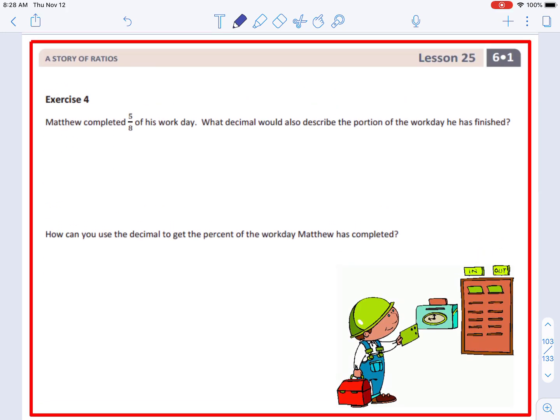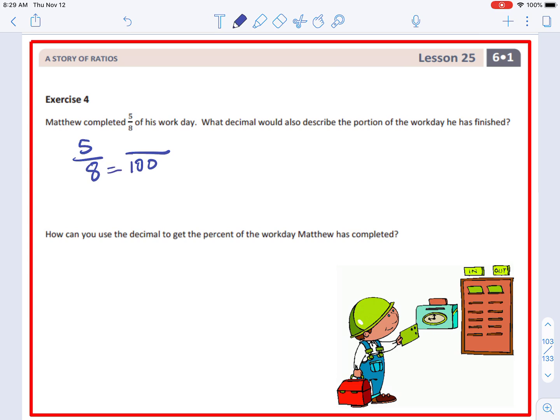So this problem is a little tricky, so please follow along and pay attention. Matthew completed 5/8 of his workday. What decimal would also describe the portion of the workday he has finished? So I have the fraction 5/8. Well,